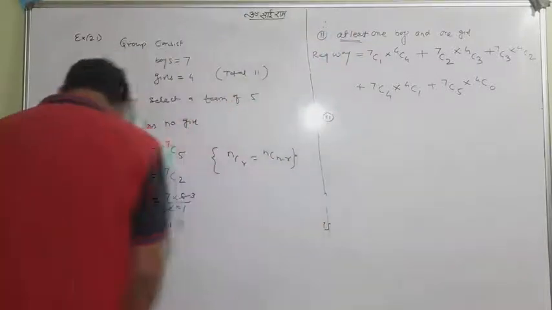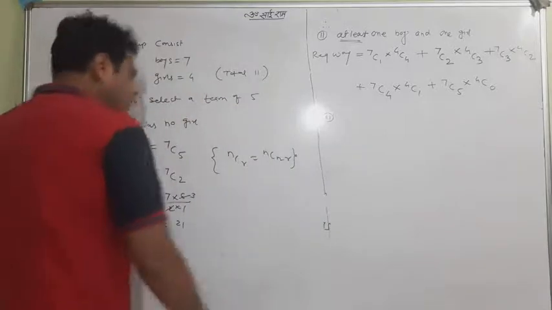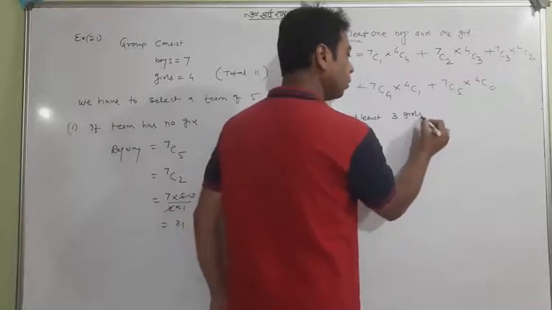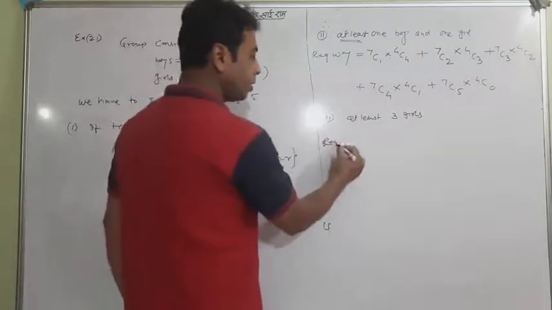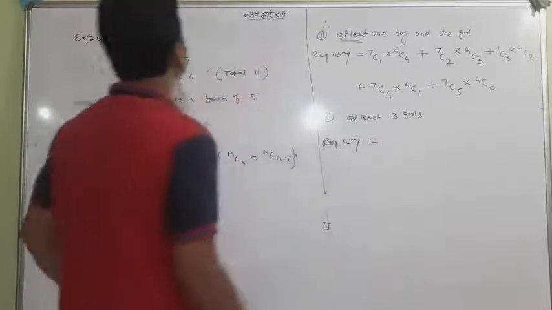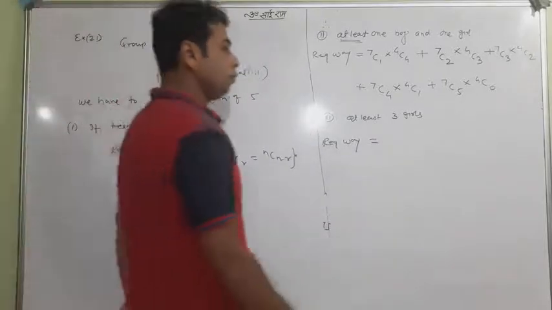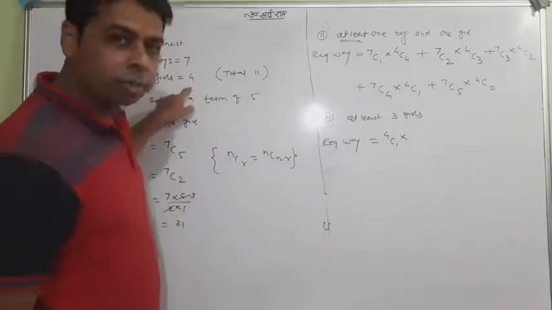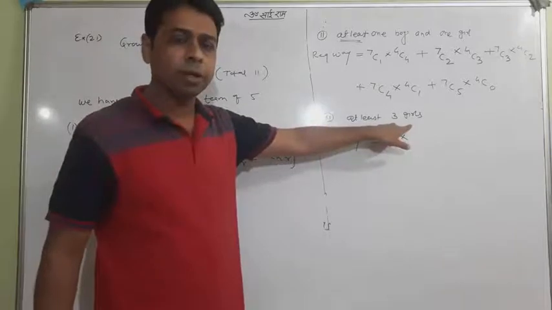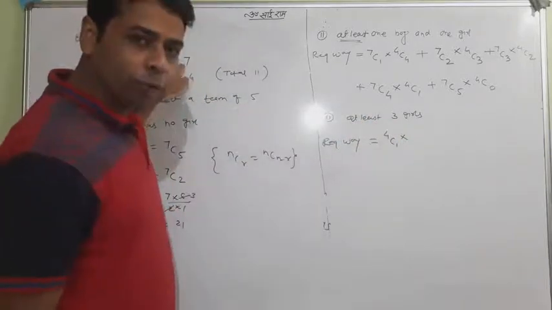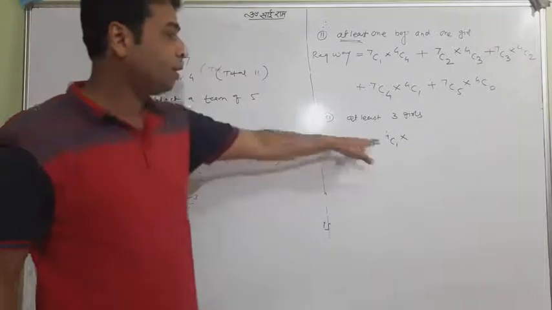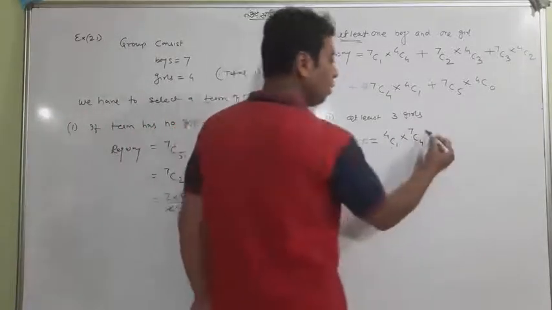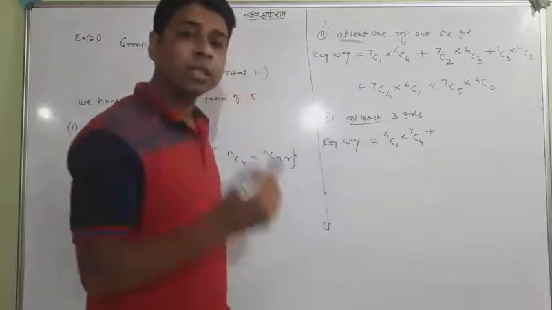And the third question says what? At least 3 girls. Again, same question coming. At least 3 girls. Required ways. Now we have 4 girls. So we'll start with one girl. If I am choosing one girl, I start from girls because the condition of girls is given. You can also start with boys, but it will be tough. So start with girl. 4C1. If one girl is chosen, definitely 4 boys will be there.